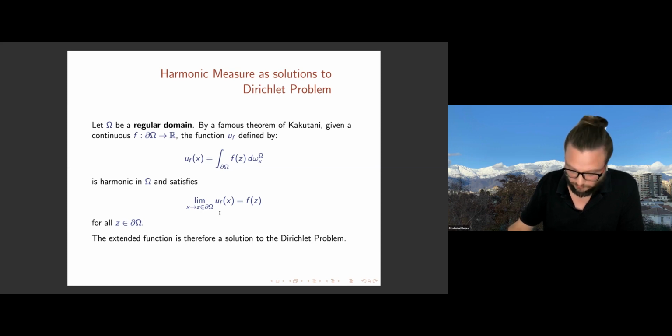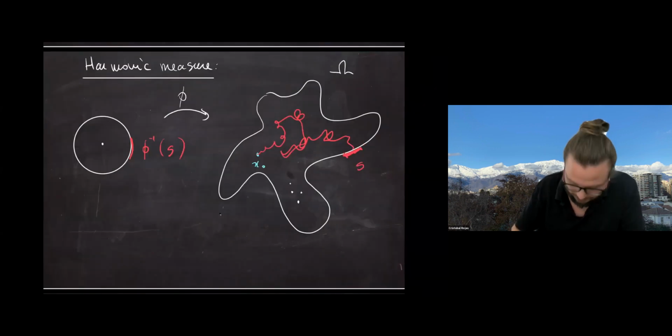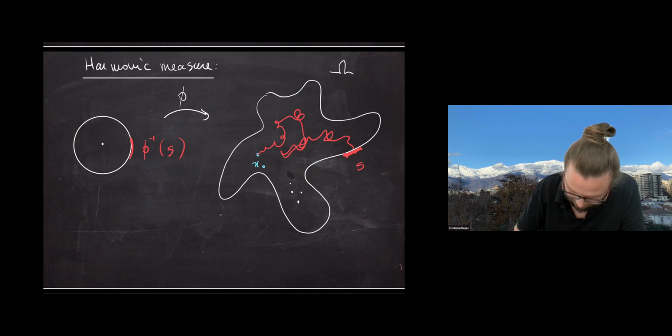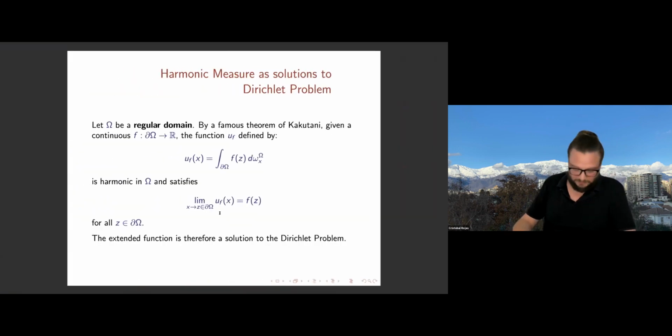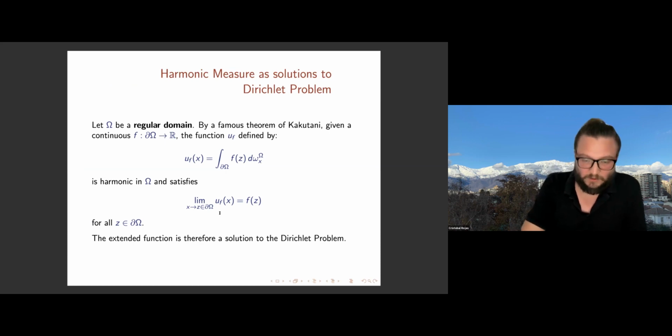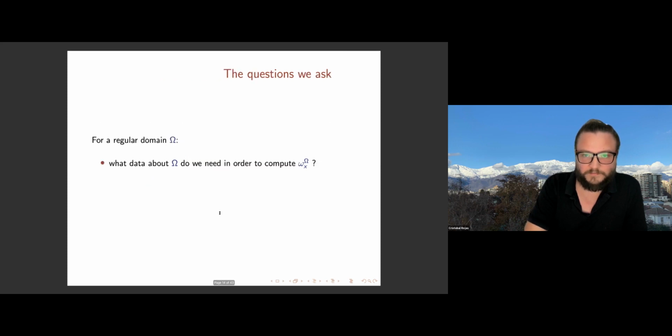And so, in our picture, if we have a value at the boundary and we want to know the solution at this point x0, we should take several samples of the Brownian motion. Each time we hit the boundary, we look at the value of the boundary condition there, and we average all of them. That gives the value of the solution at x0, or an approximation if we average like this over finitely many samples. Okay, so this is the problem.